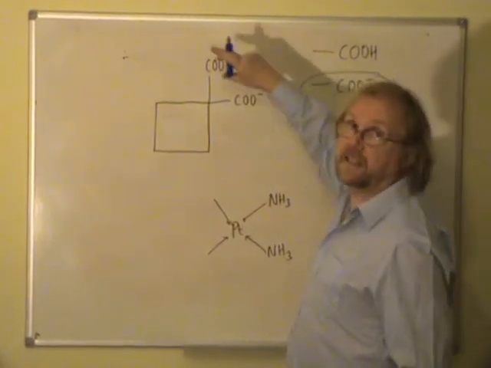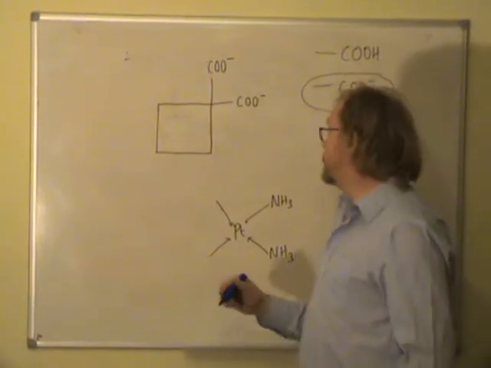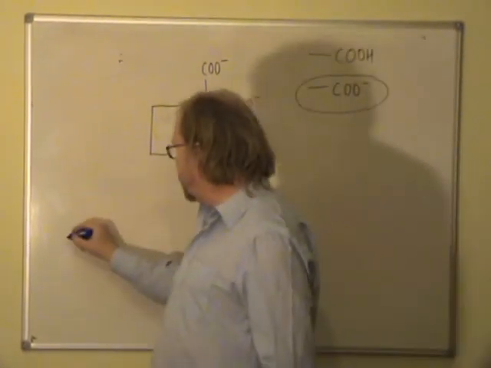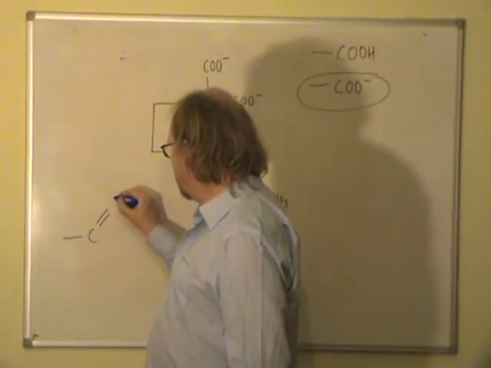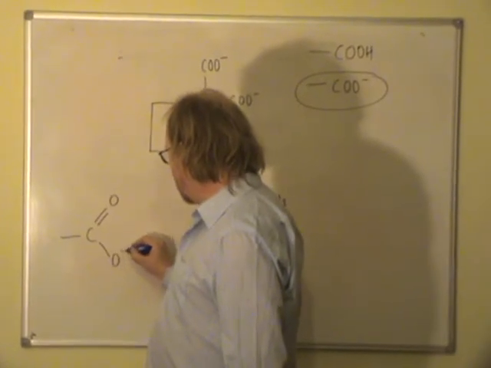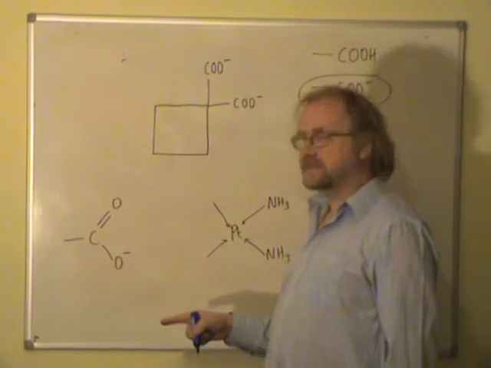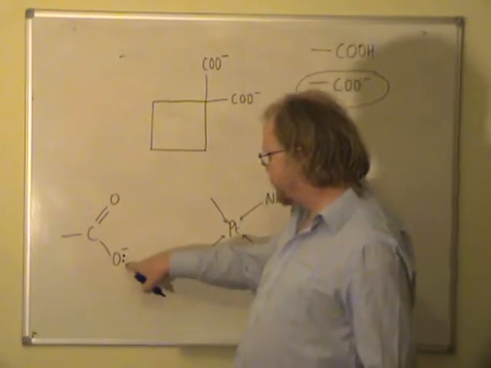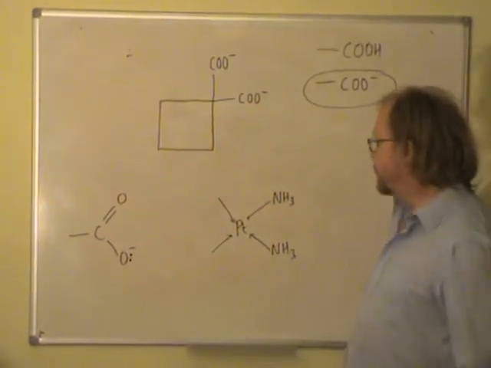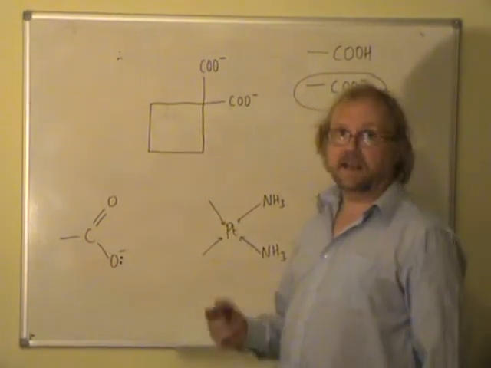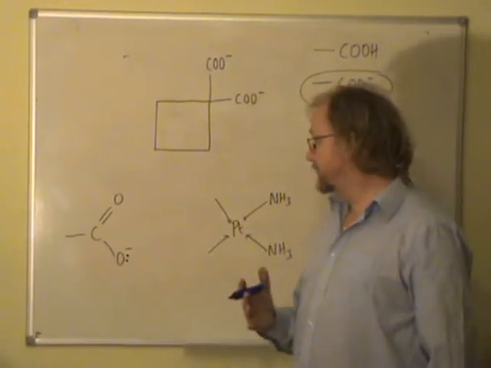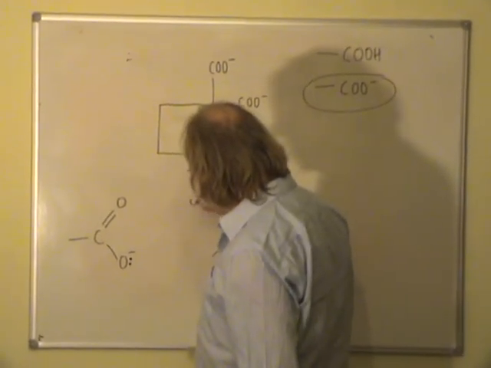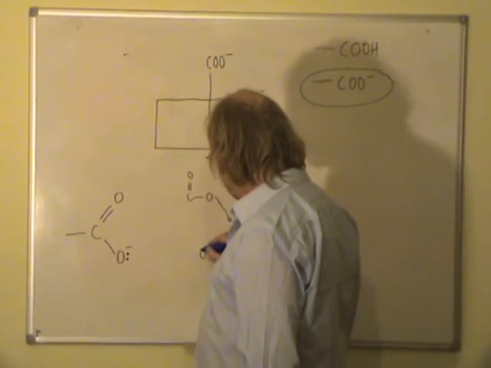Now it's obviously the carboxylate groups that can act as the ligands. And it's important to remember that lots of ligands actually use these. So it's worth just looking in general how that works. Carboxylate group you can draw like that, COO minus. And it's the O minus, with, well, it actually has 3 lone pairs, but only one of them is going to act as a donor group. So it's that lone pair on the O- atom which is going to allow it to act as a ligand. So what we can do is put these COO- groups on here, but remember